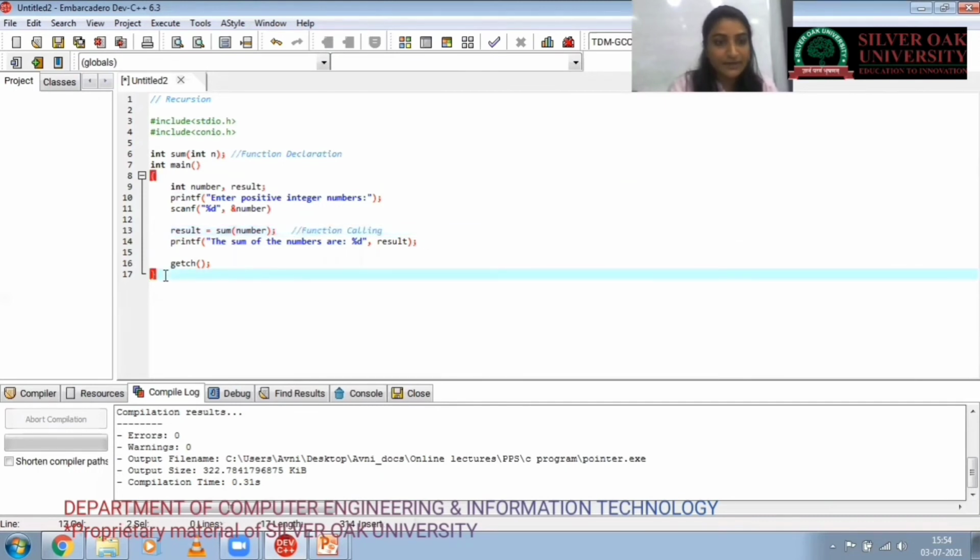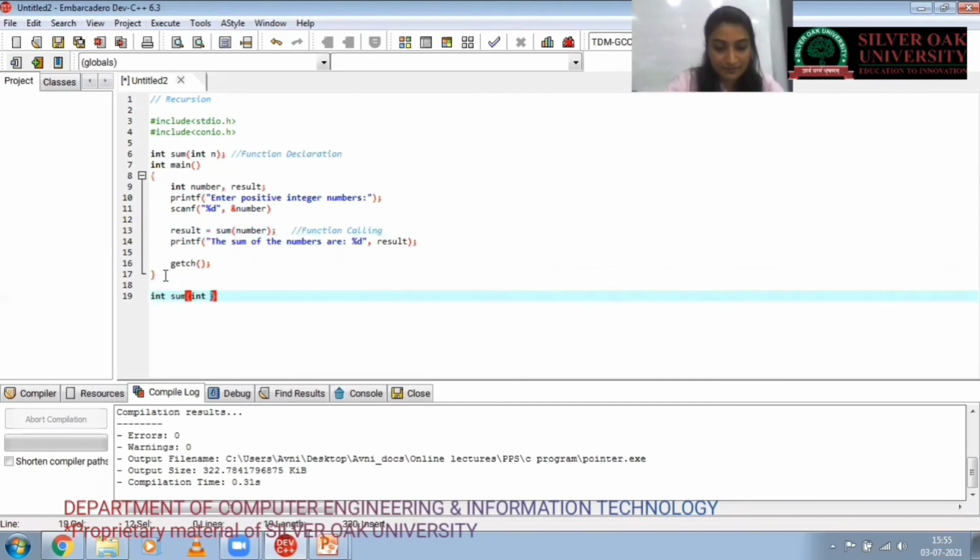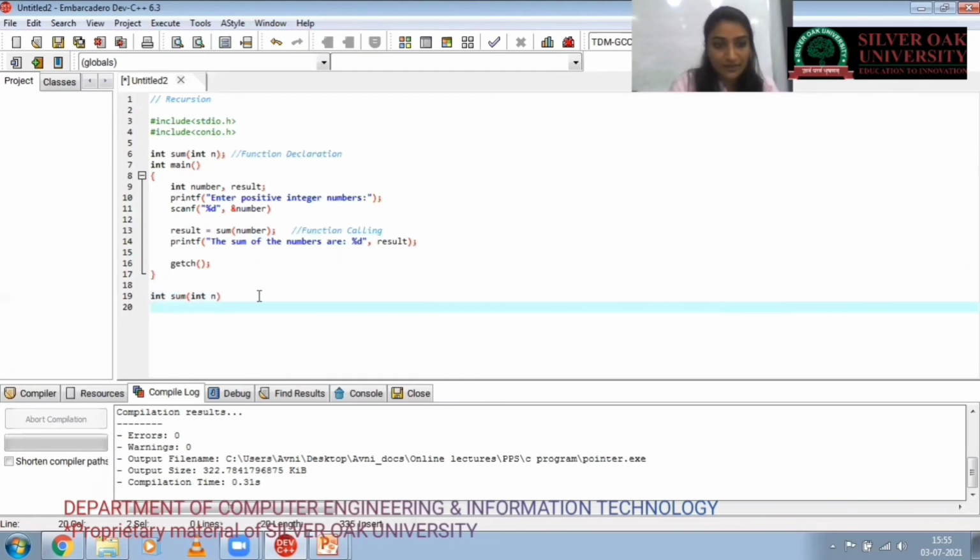The third part remaining is the function definition. So int sum. In that, first we check whether the number the user has entered is null or not.